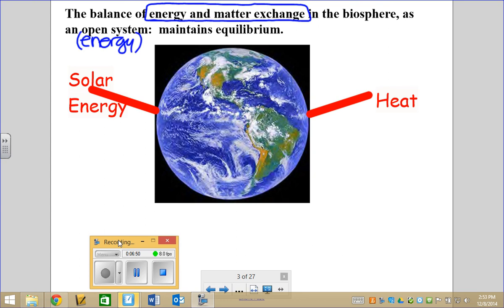So if you look, I've illustrated here that solar energy comes into our planet, and eventually, whether it's immediately because it's reflected or after a lot of energy conversions, heat is radiated back out into space. If I'm talking about matter, matter is not coming in and going out. With the small exception of a meteorite, matter is the same as it was billions of years ago.